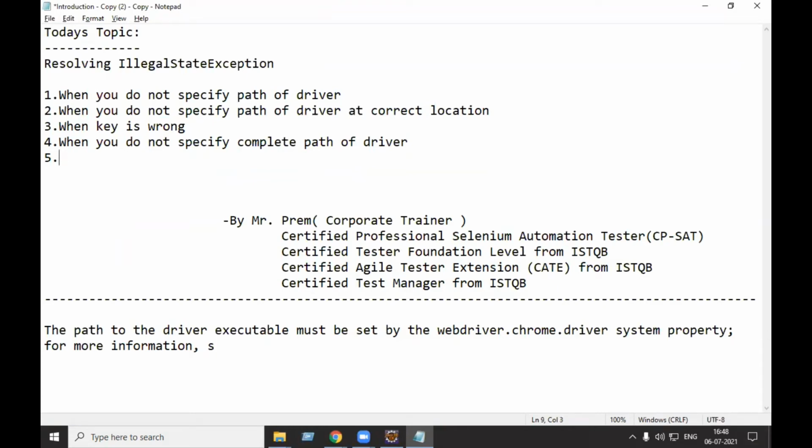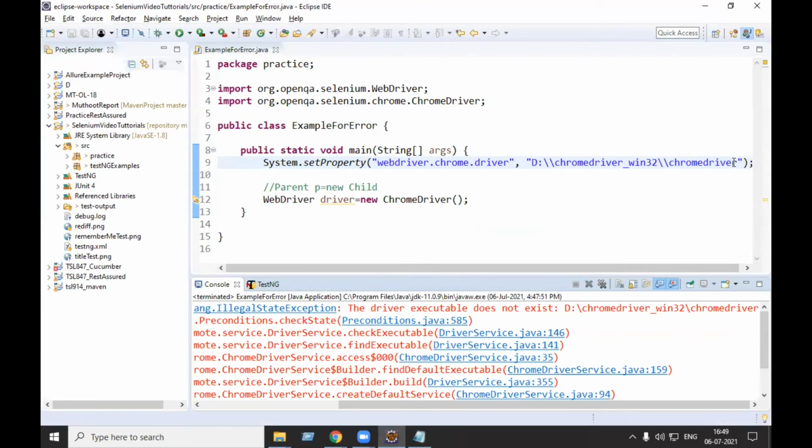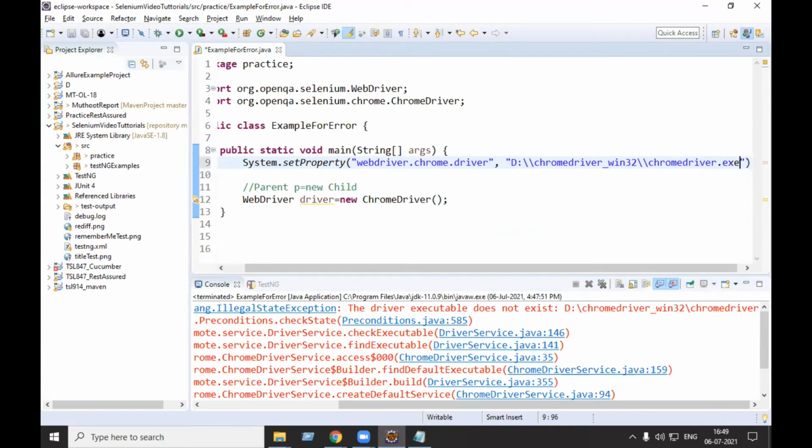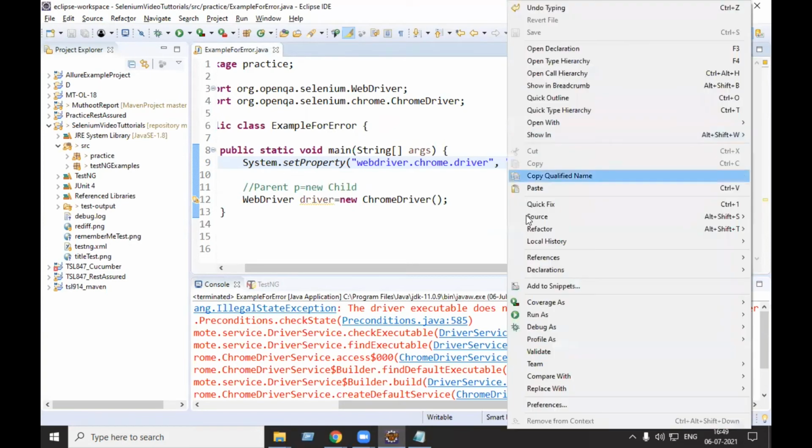So the fifth point: if you do not specify .exe at the end, this will be one of the reasons. So you can see .exe is not there. In the case of Windows, you need to specify it, but in the case of Linux, there is no need to specify .exe. Okay, let's run it.